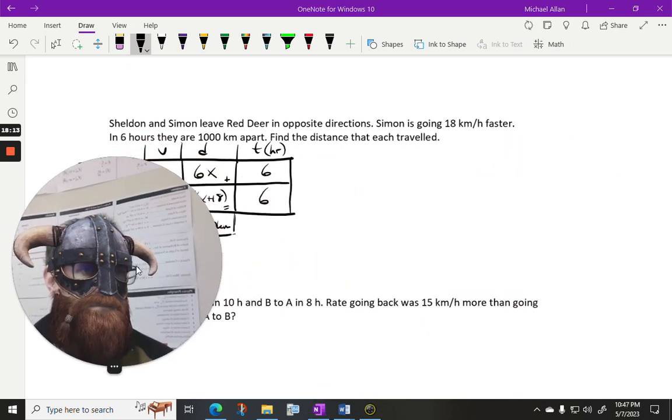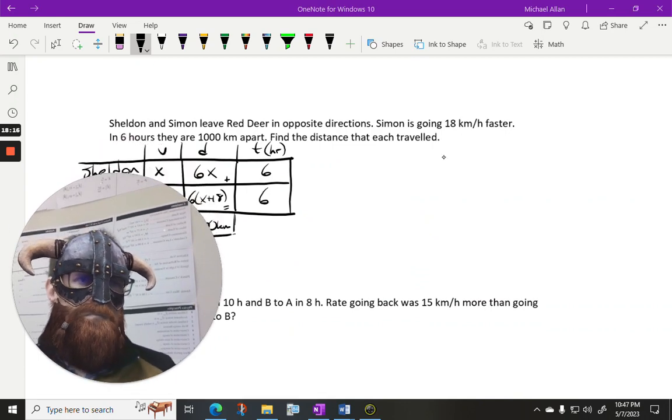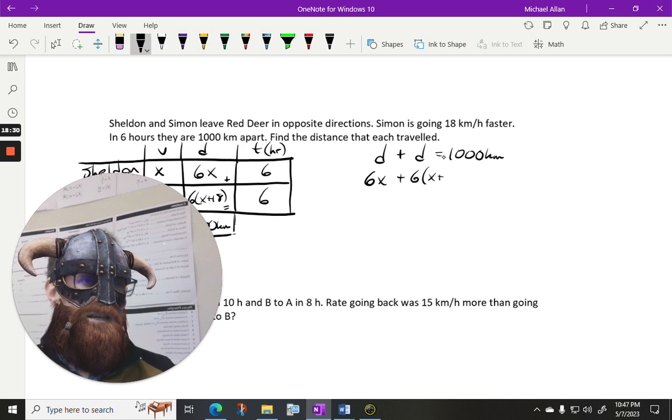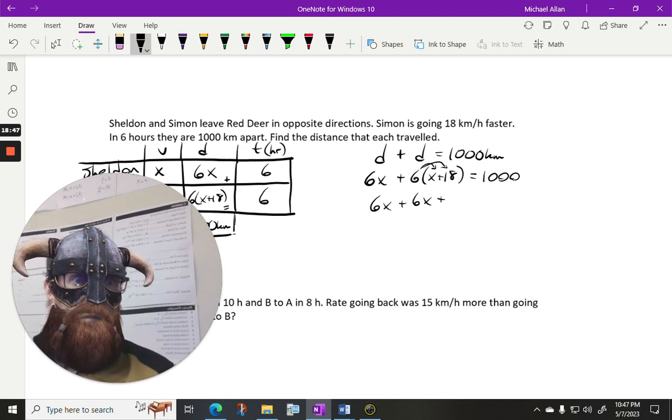So let's say we have these two distances. So if I take the distance of Simon plus the distance of Sheldon, it's going to end up being 1,000 kilometers. So Sheldon is 6x. Simon is 6 times x plus 18, because that's how fast he was going, x plus 18 times the 6 hours. That's got to be equal to 1,000. Okay, so let's distribute this in. See what happens. We've got 6x plus 6x plus